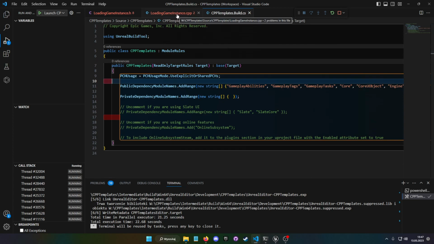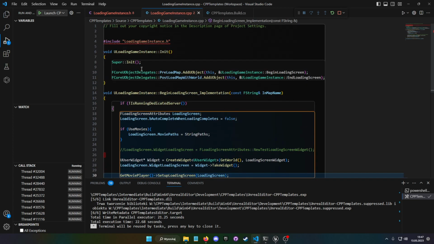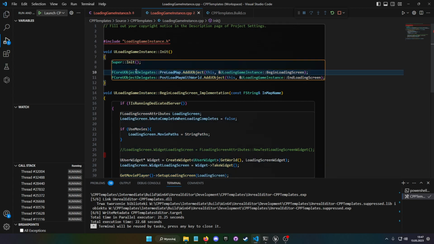So let's go to our CPP file. First things first, we have init. Those are 2 very cool delegates, so dispatchers. And those are accessing the very core of the engine that says, hey, I am loading something.